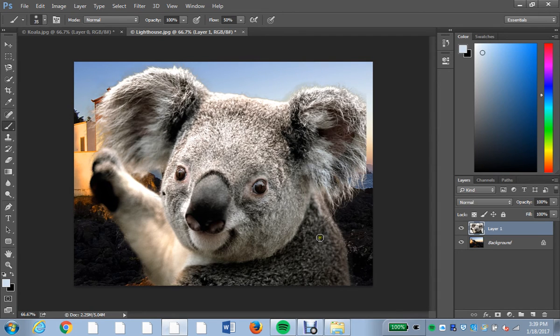Now I've got my foreground picture on top of my background. It's a little bit big. It's hiding more than I want, but what I like about it is I can see through the hair there. It kind of looks like my koala's sort of photobombing my picture of my lighthouse, which is kind of neat. But I want to make my koala a little bit smaller,